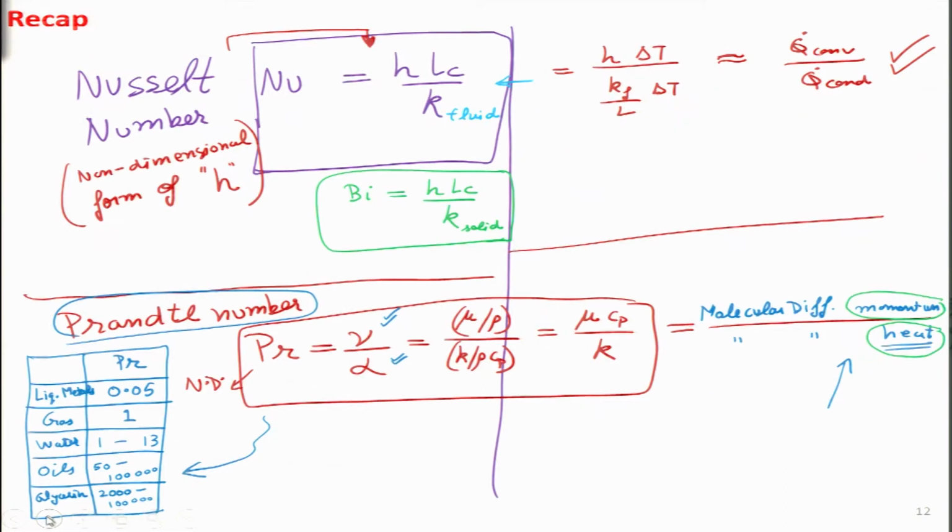So these were some basics that we were looking at, and before we stopped the lecture, we had defined 2 non-dimensionalized parameters which are going to be very powerful. The first one is the Nusselt number given on the top, which is the ratio of the strength of the convective heat transfer to the conduction heat transfer. This bottom one would be for the fluid. Both of them are actually for the fluid, and the Prandtl number given on the bottom is also a non-dimensionalized number, which is a ratio of the molecular diffusivity of momentum to heat.